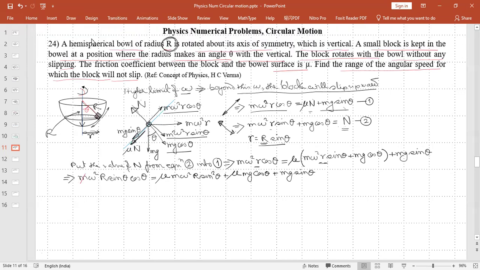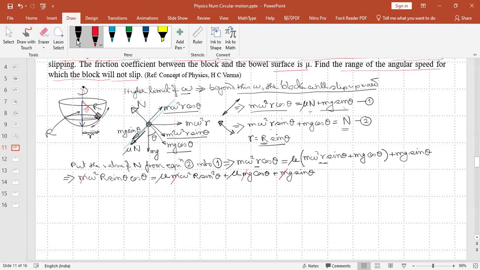Here, all the m gets cancelled. So now if you do a little bit of workout, which I'm going to avoid in order to save time,